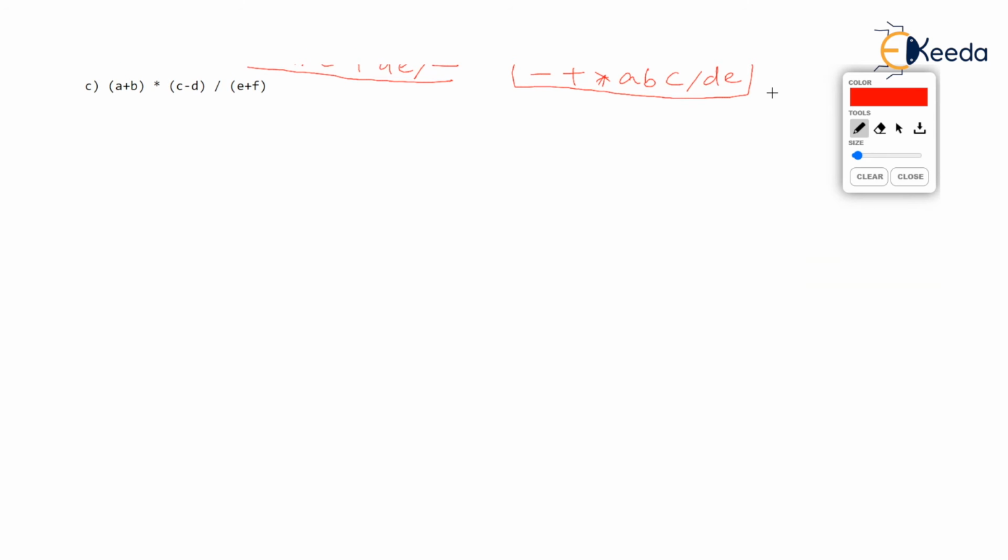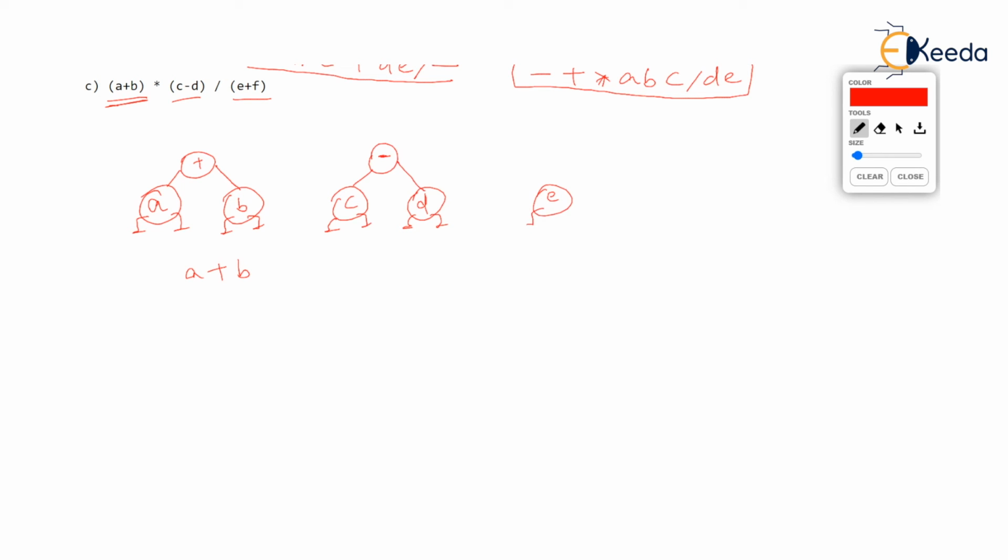We are given a bracketed expression. Some brackets are there here. So you all know that bracket has to be solved first. So you will convert A plus B into a binary tree. A is a leaf, it's an operand. B is a leaf, it's an operand. Connected using plus. This is A plus B. Further, you will do C minus D. So C, D, because that's in the bracket. So you are doing this with minus. And you will do E plus F also, isn't it? It's also in the bracket. So E, F plus.